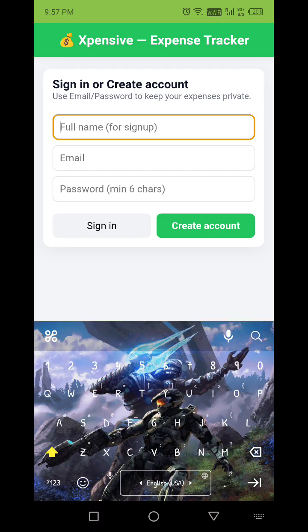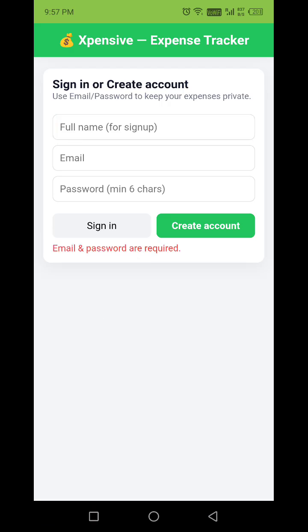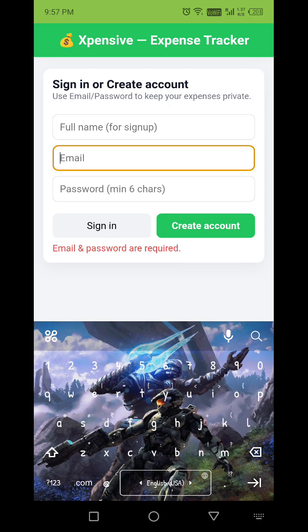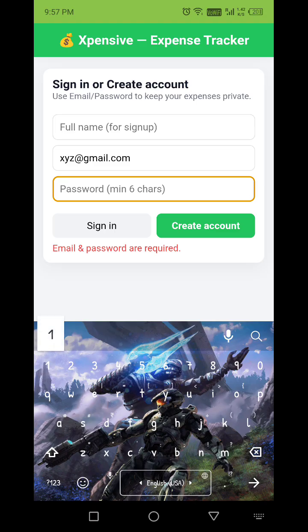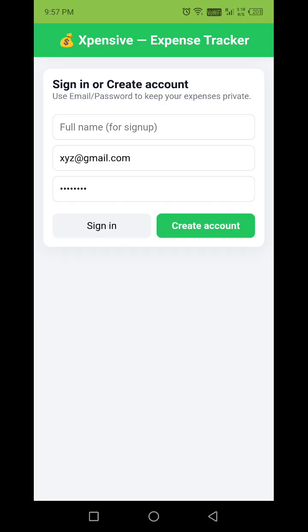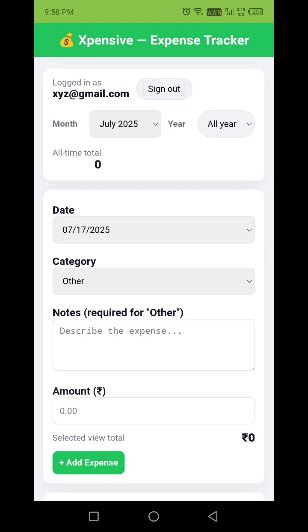Let me show you how this works. Suppose I create an account. Sorry, I didn't write the email ID. Suppose I write the email ID xyz@gmail.com, and then I select a password like 12345678. So I will simply click on the create account button. As soon as I click on it, an account will be created through this Gmail ID,